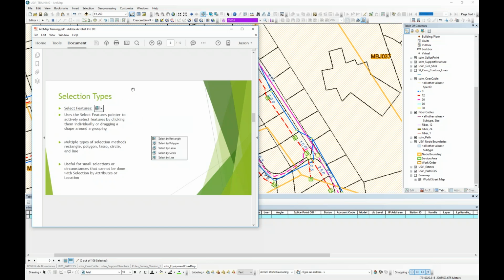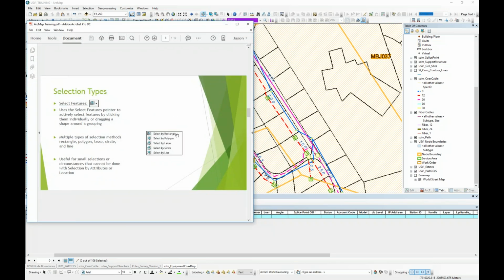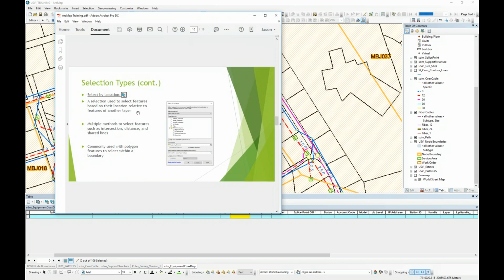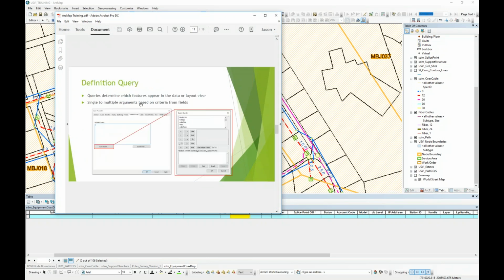Okay. So we went over a little bit on the selection types, select features. So you can select by rectangle, polygon, lasso, circle, line. And those are useful for pulling out certain features that you want to just select on. Eliminate what you don't want to see, and then you have your selection. You can do whatever you want with that. If you want to change it all to, this is owned by Tom Jones, you put all that in the address area, the owner area. That's what you do. Like I went over the definition query,